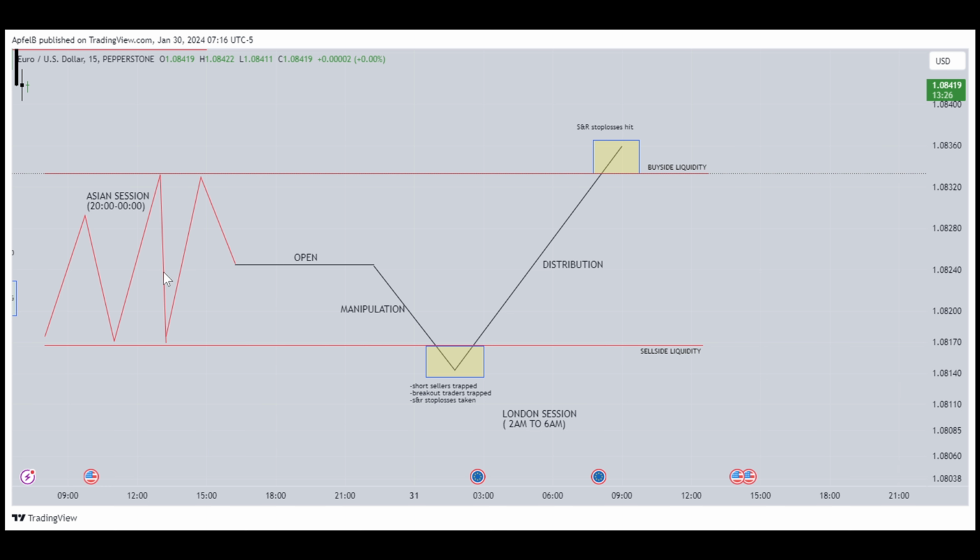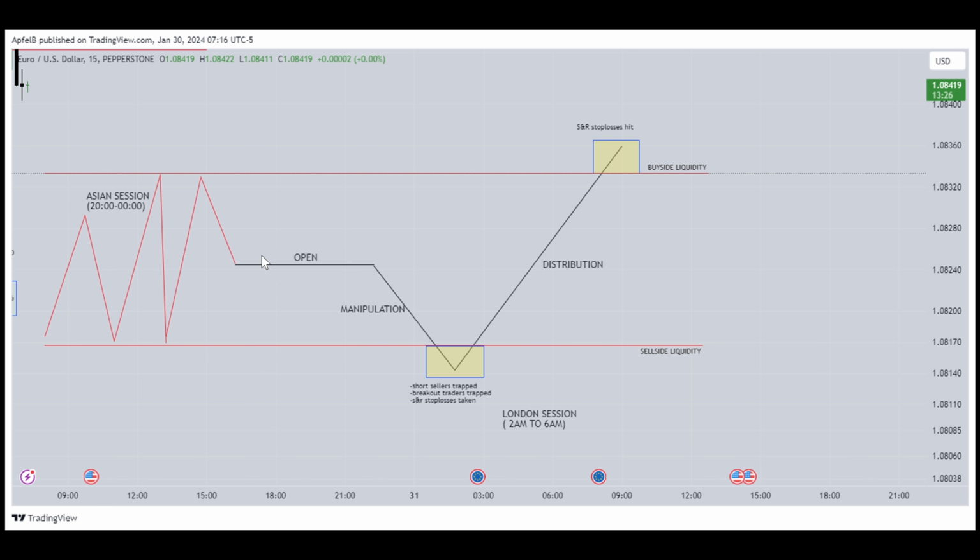So some people who don't know what's going on in the Asian session, or those trying to trade the Asian session, will be caught up in this kind of consolidation right here. So after the consolidation in the Asian session, from 20 hours to 00 hours, the market opens at 00,